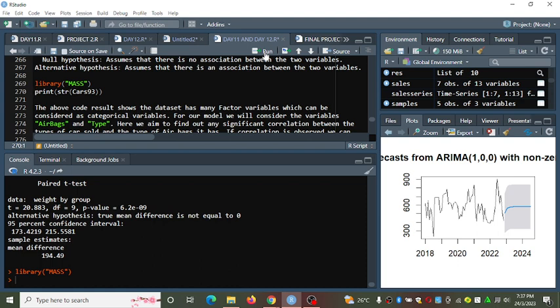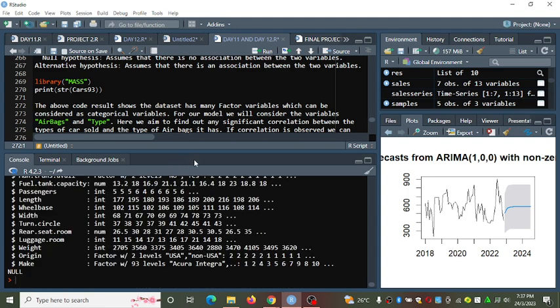This package includes a lot of useful functions and data examples, including functions for estimating linear models through generalized least squares, or GLS. So when we call str of Cars93, we have this output here.